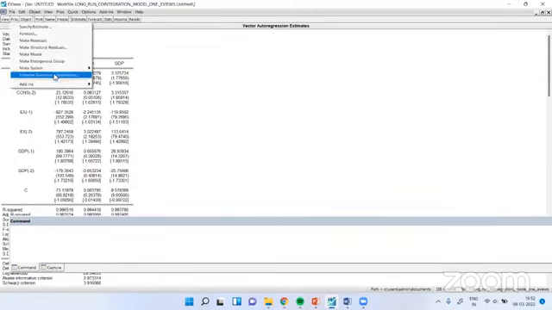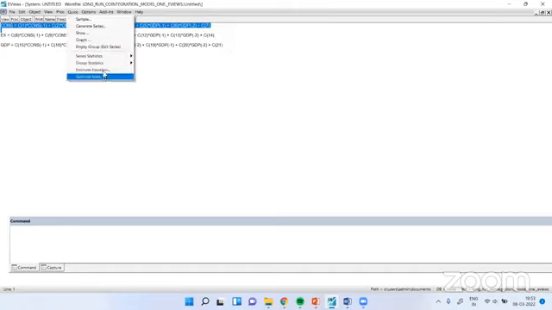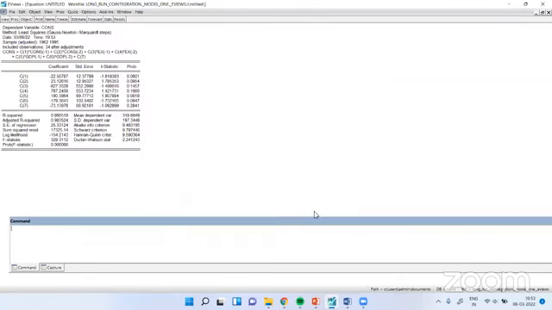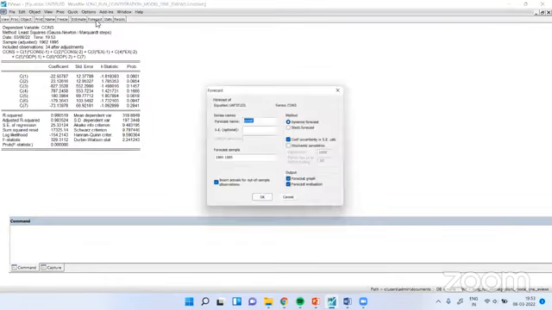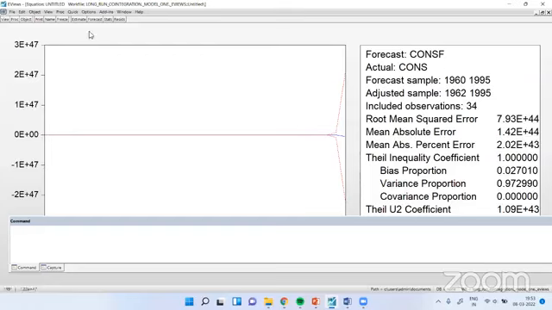Block, make system order by variable. Here, copy, quick estimate equation, control V, okay. Forecast. In forecast, there is a dynamic forecast, and this is there. Click OK. And here I should get